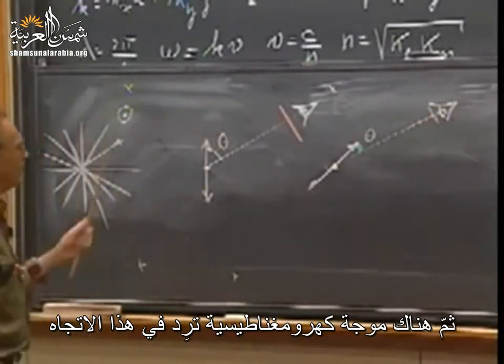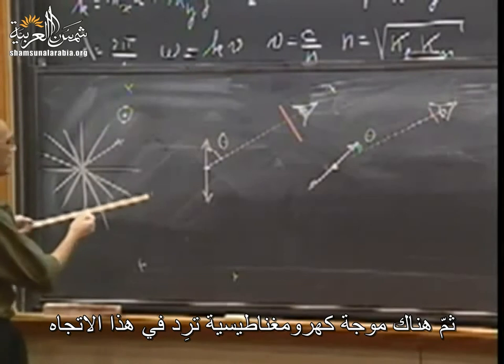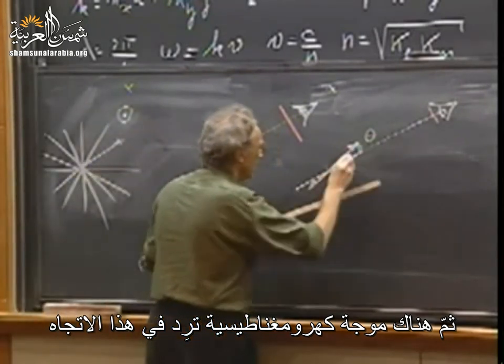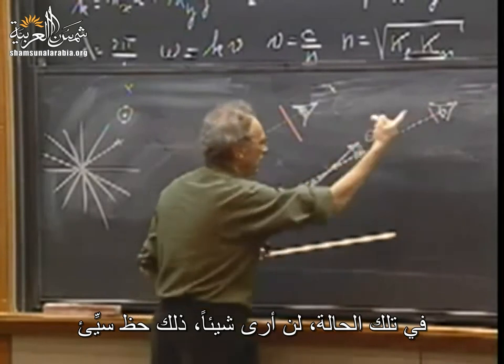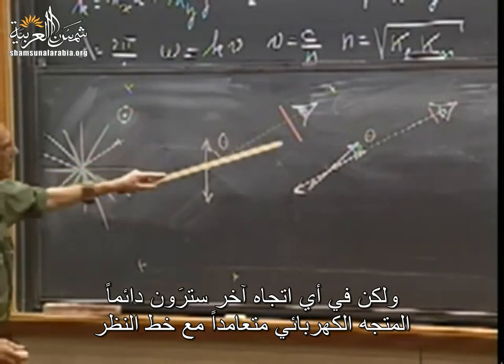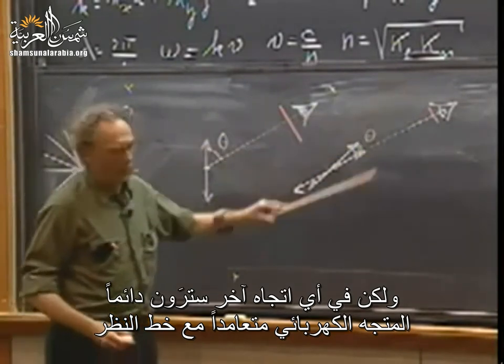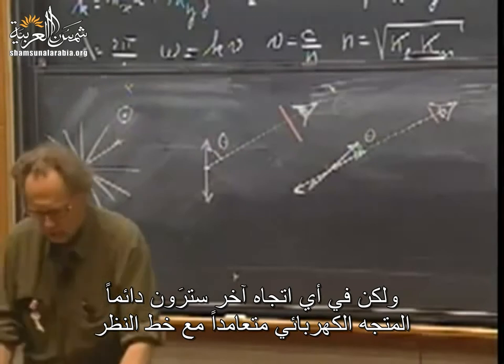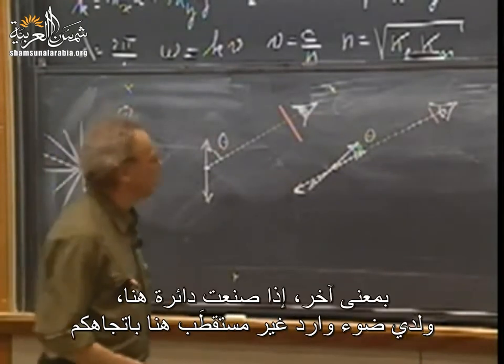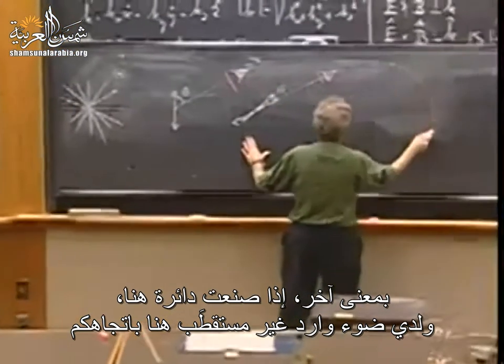And then there is one electromagnetic wave that comes in, which happens to be in this direction. Well, in that case, I will see nothing. That is tough luck. But any other direction, you will always see electric vector perpendicular to your line of sight. And that is only true for 90 degrees. In other words, if I made a circle here,